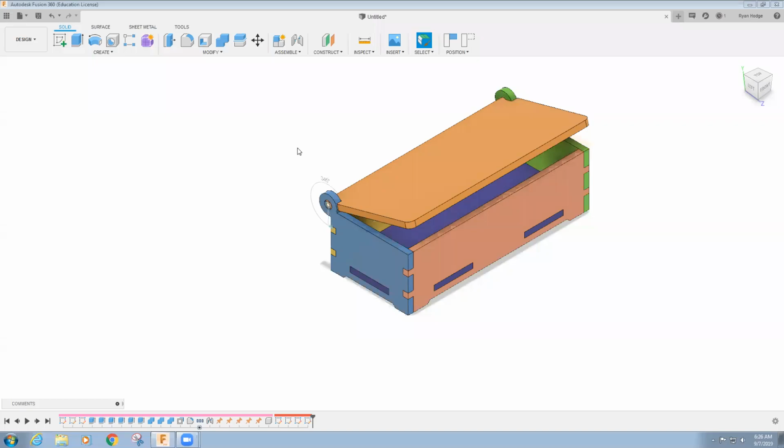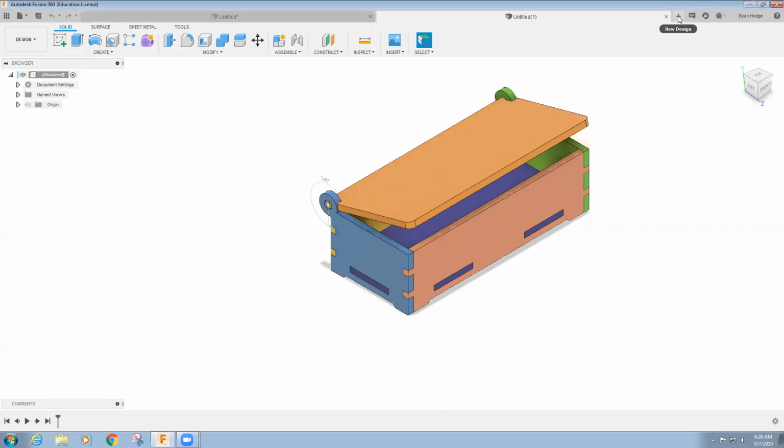In this video, I'll be modeling a pencil box with a lid on it with the intent to cut the parts out on one of our laser machines. So to begin, I'll open up a new design tab